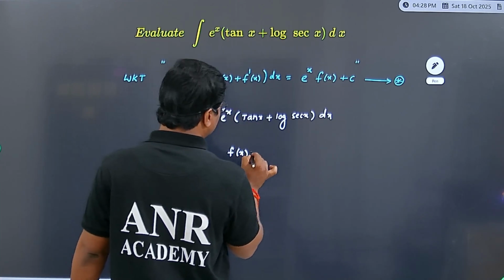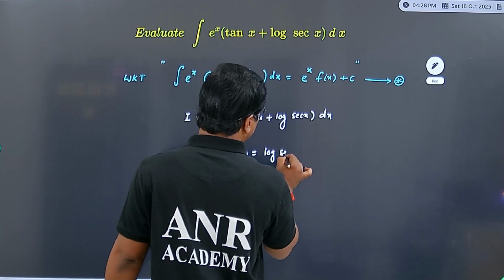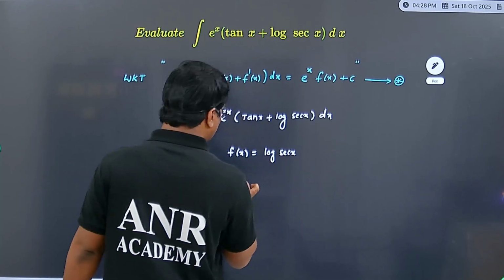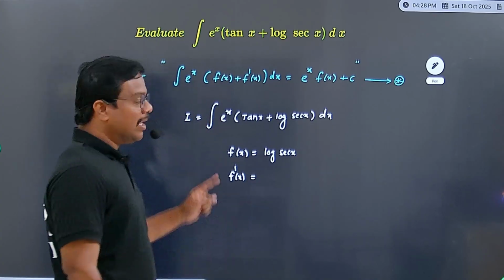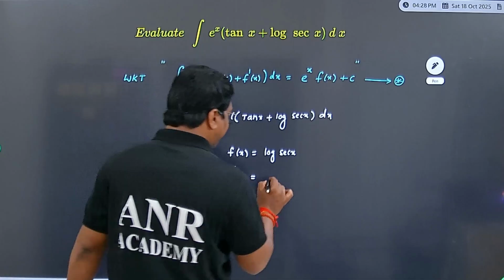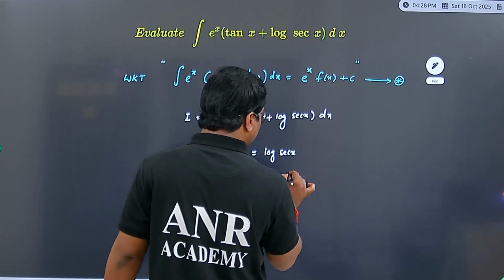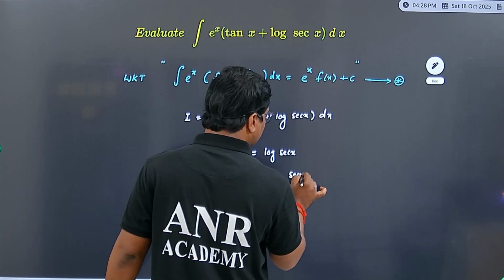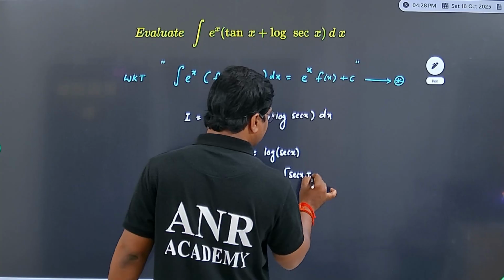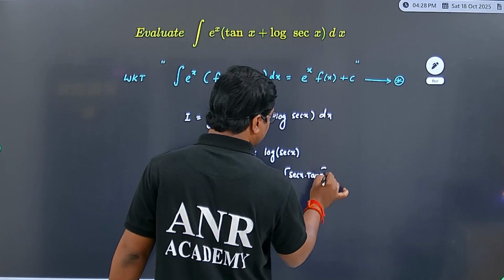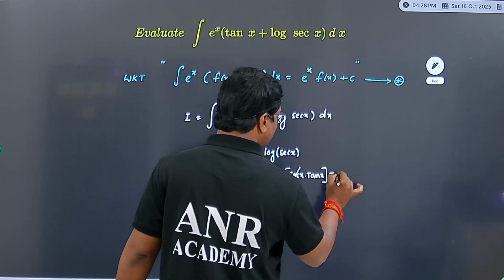Suppose f of x equal to log of secant x, then its derivative: log secant x derivative is 1 by secant x, internally secant x derivative is secant x into tan x, so that secant x gets cancelled